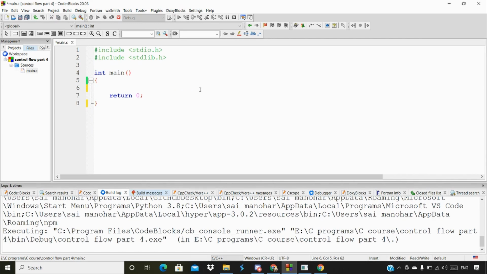First we're going to discuss the nested loops here. So what do you exactly mean by nested loops? We actually talked about the nested if statement in our previous classes. So if you haven't checked that video, please do check that video and then come back here, where we have already discussed what exactly is meant by nested and how it works. And here in the nested loop, we are actually going to write loops inside one more loop.